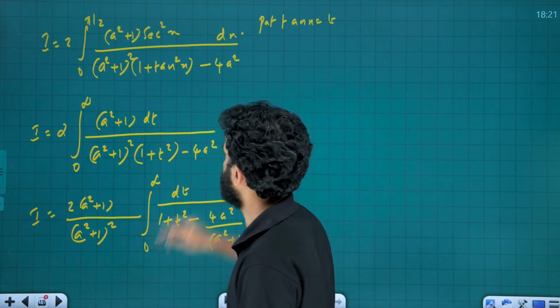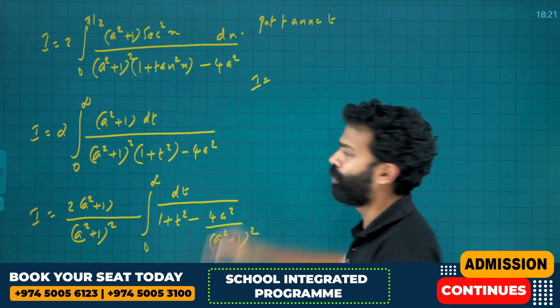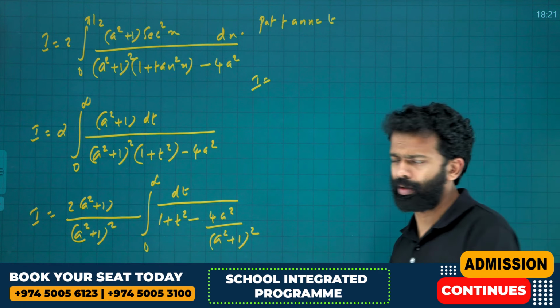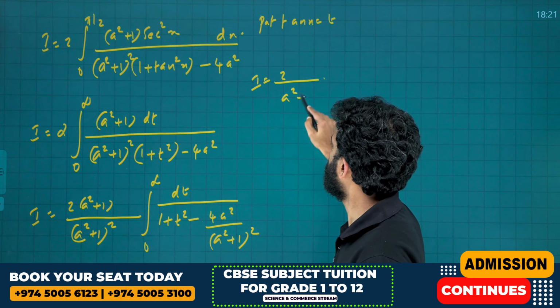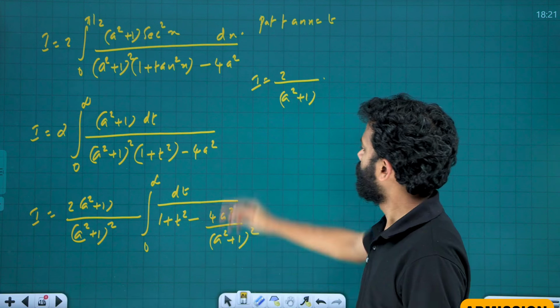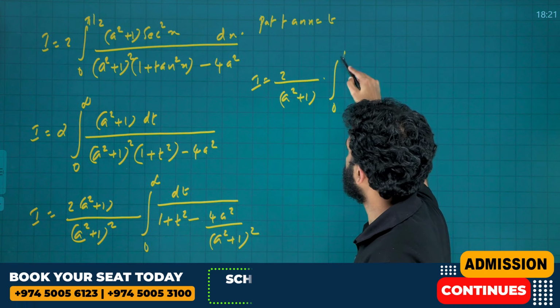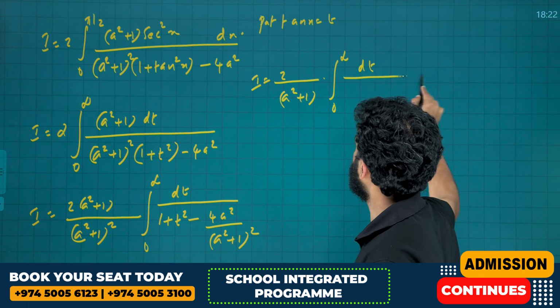Here it will get cancelled. Therefore, I is equal to, it's a slightly typical one but easy one, I is equal to 2 by a square plus 1 into the integral from 0 to infinity dt divided by